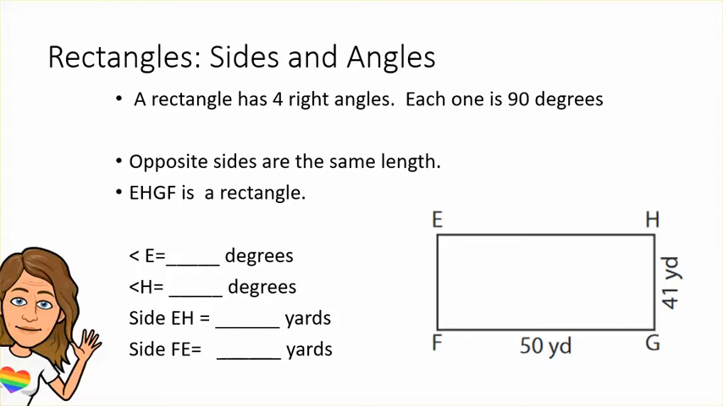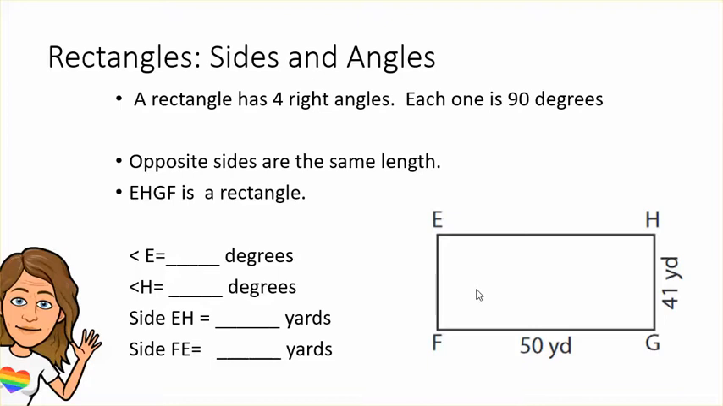Let's start with rectangles. As you know, a rectangle has four right angles. Each angle is 90 degrees. In a rectangle, opposite sides are the same length. Let's do an example. This figure,